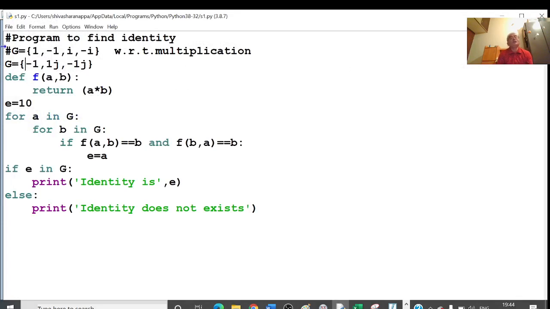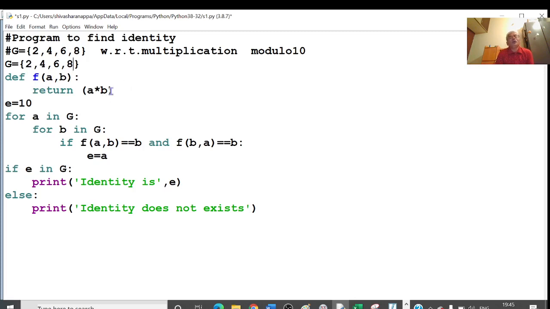Now we'll consider one more example. We know that here 2, 4, 6, 8 with respect to multiplication modulo 10. So this set is 2, 4, 6, 8, and we have written the set here. I will write the definition.